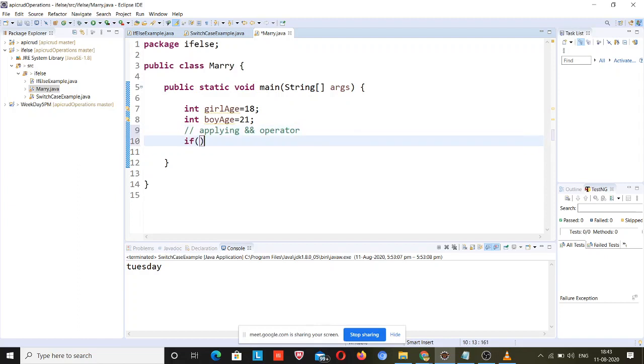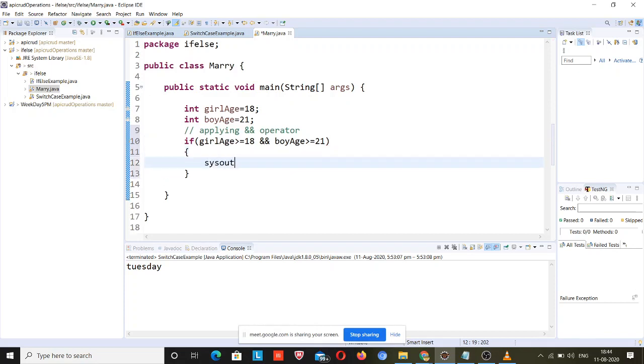If girl age is greater than or equal to 18 and boy age is greater than or equal to 21, they can marry, right? So else